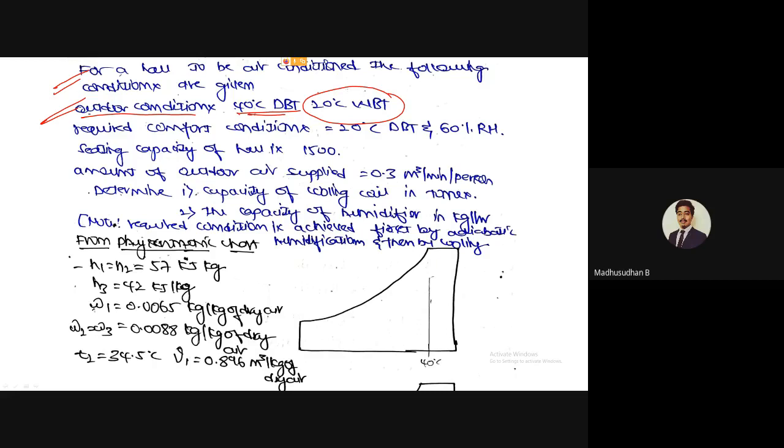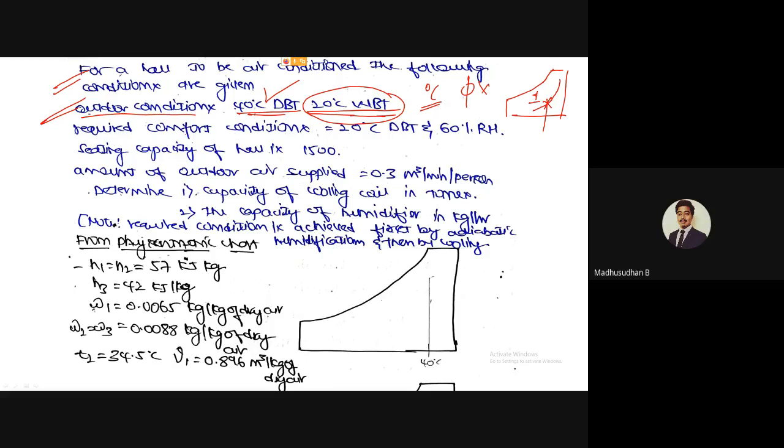So if you observe all the previous problems, what are the conditions given? Generally, the temperature in degrees Celsius DBT would be given and the value of phi would be given, where in the psychometric chart, say this is your psychometric chart, you will first plot the degree Celsius and trace that particular phi curve to mark your state point as 1 or 2, whatever it is. But in this particular problem, he has given the DBT, no doubt, and he has mentioned 22 degrees Celsius WBT, but not given the value of phi. So how to solve this kind of problem we'll be discussing in this particular video.